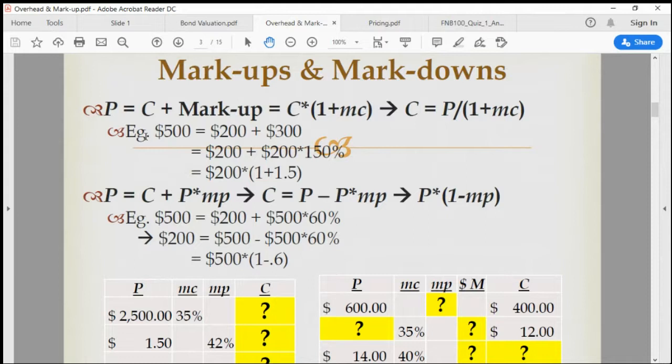Markup can be thought of as some percentage of cost because, for example,